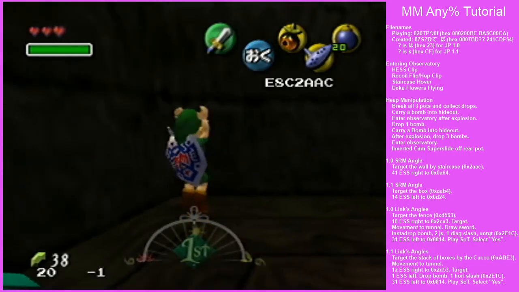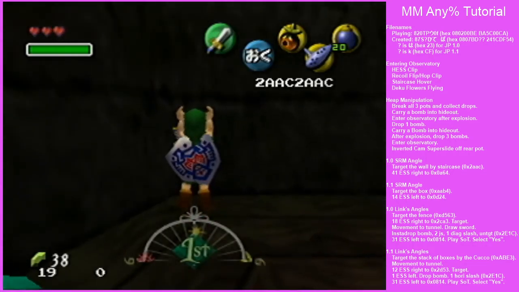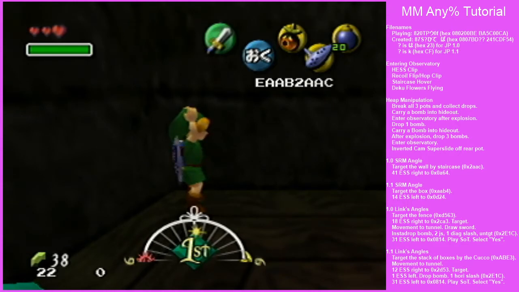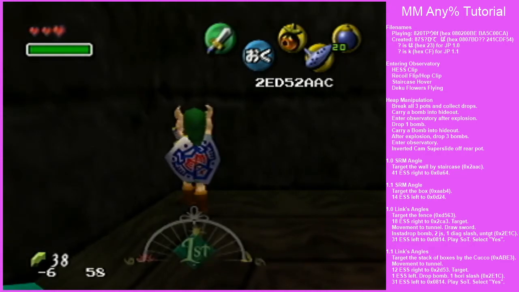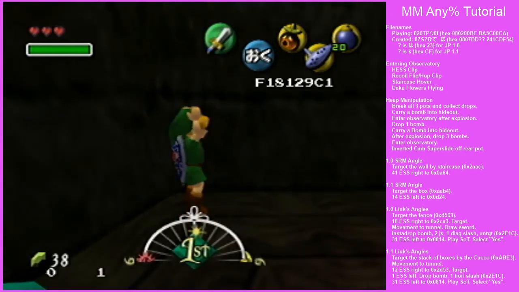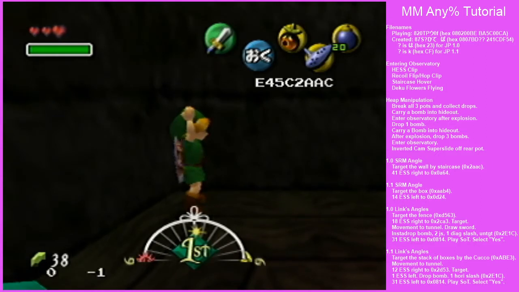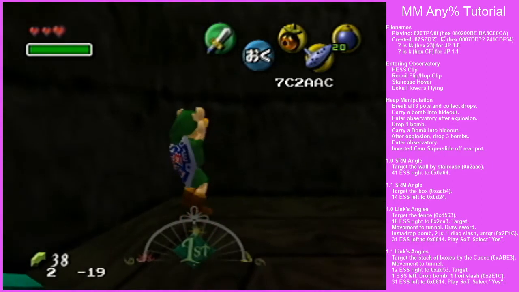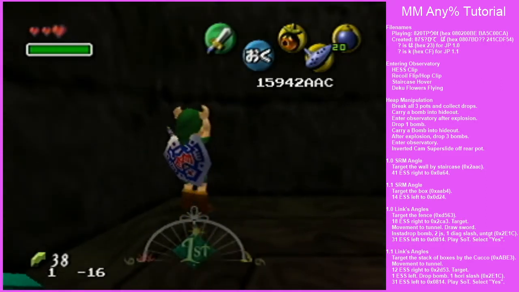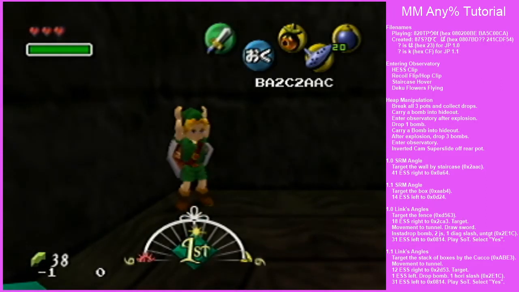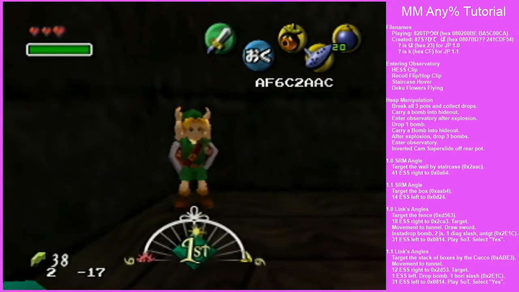So basically, what you're trying to avoid is you don't want Link to stop spinning because he catches up to the direction you're holding on the stick. If Link stops spinning, you want it to be because you release to neutral. So if you look at my input display here, I released to neutral just there. And notice how I still have a C and a 4 in the angle. So yeah, it's okay to stop if you're releasing to neutral, but what's not okay is to stop because you